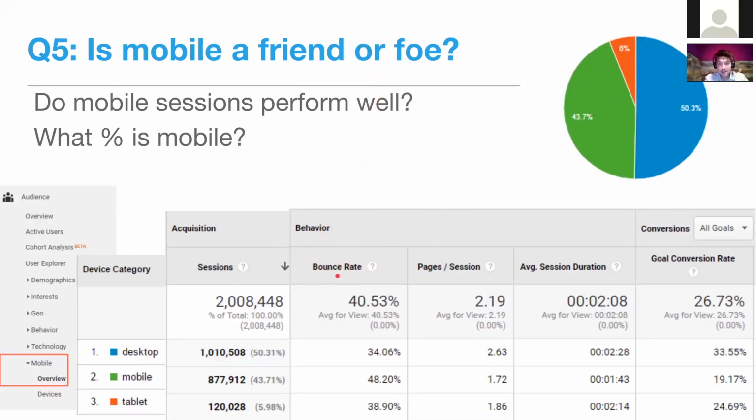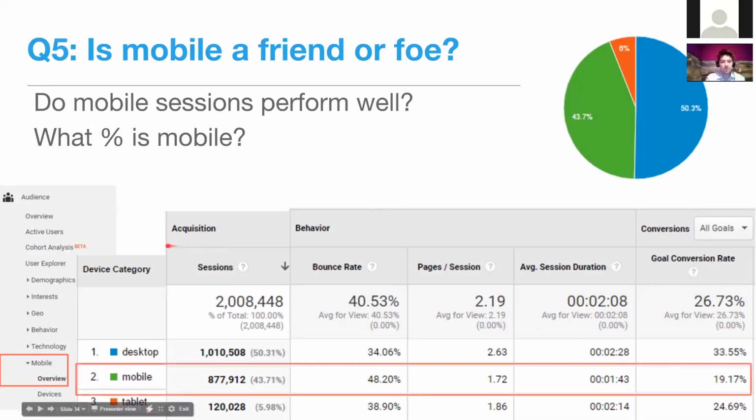And then not only that, we can come back to our behavioral metrics saying, hey, our bounce rate on mobile in this case is far above desktop. Our pages per session are much lower. And this is kind of normal. We expect to see probably 10 to 15% higher bounce rates on mobile versus desktop just because the nature of the platform is such that we're there for a quick, satisfying answer to what we're looking for on mobile. And you'll see also the part I care about the most, goal conversion rates, because that's actually where the business happens. And so this might be an indication, if it's a little bit off, to take a look at mobile versus desktop and make the case that, you know what, maybe it's not that friendly.